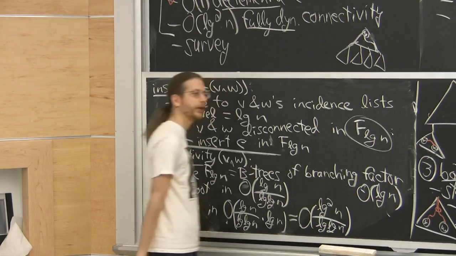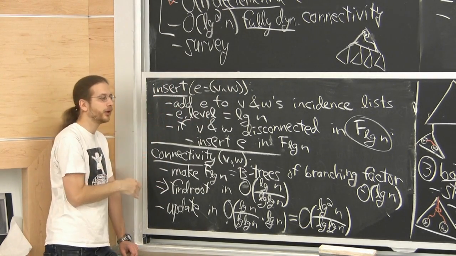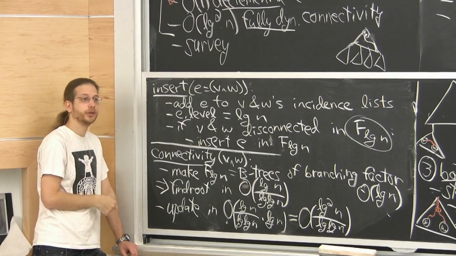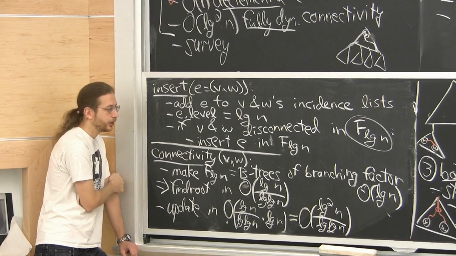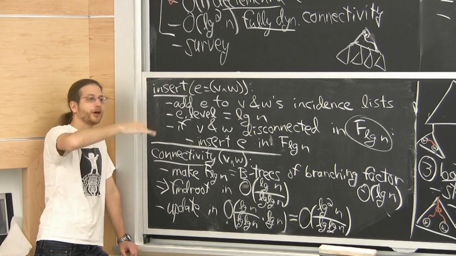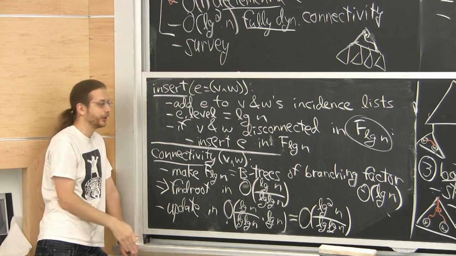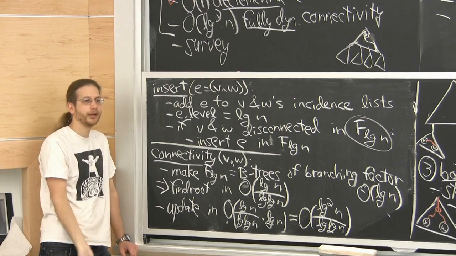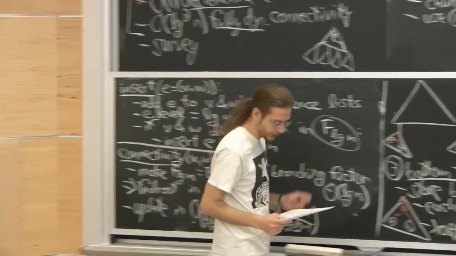So this won't end up hurting us because we only do this at the top forest level. We don't do it at all the levels. If we did it at all the levels, we would lose another log factor, or log over log log factor. But here, we do this once at the top, pay log squared over log log. Then we have to update log n other levels, each paying log. So we're already paying log squared for the lower levels. So if we increase the top level a bit, not a big deal. So that's how you improve connectivity queries slightly.